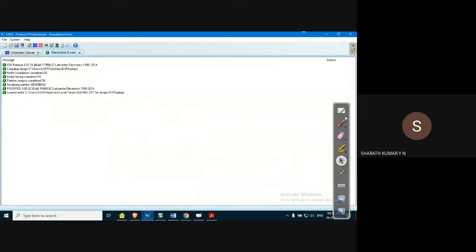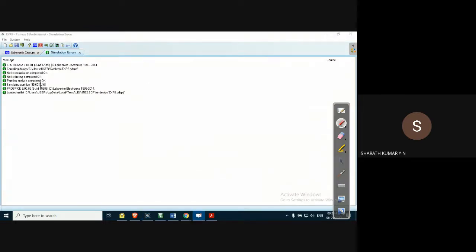Once it stops the simulation, it will open this window where it shows various errors in the schematic. In case of any errors, it will show them in this window. Okay, simulation errors. And not only errors, it will show other information also. For example, compiling design. So we have designed the project, experiment 8, something like that.